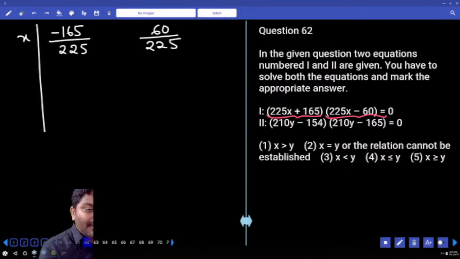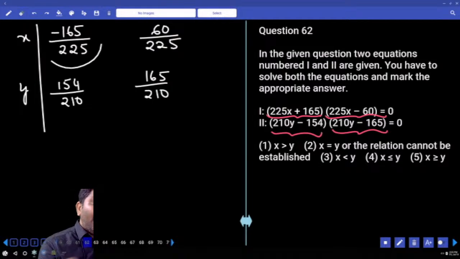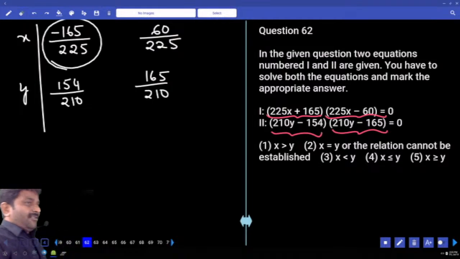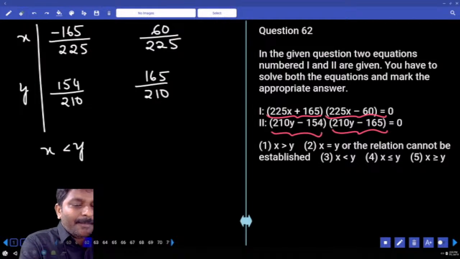Correct? Y is equal to, come on, this may be 0 or this may be 0. Y is equal to 154 by 210, 165 by 210. Correct? If you take this number for x, which is a negative number, y values both are positive numbers. So one equation is x is less than y. Right. Now, by observing these two numbers,